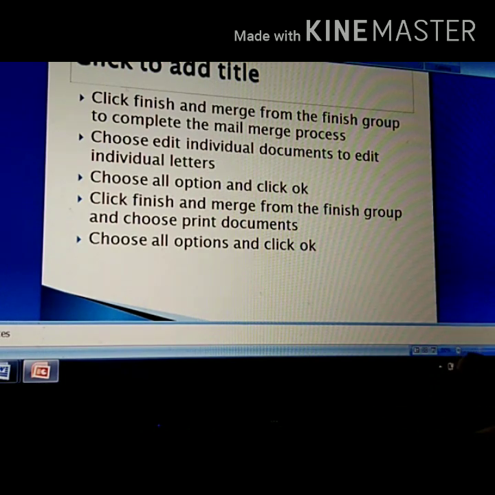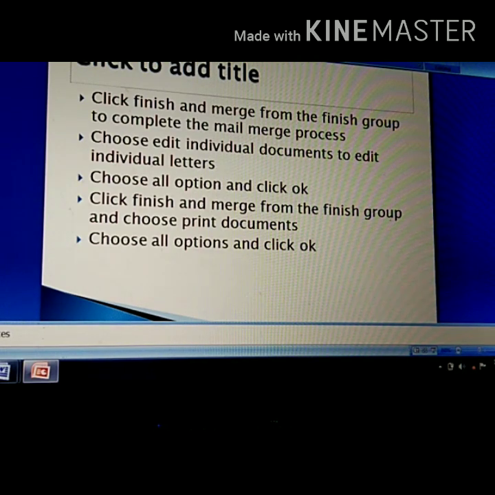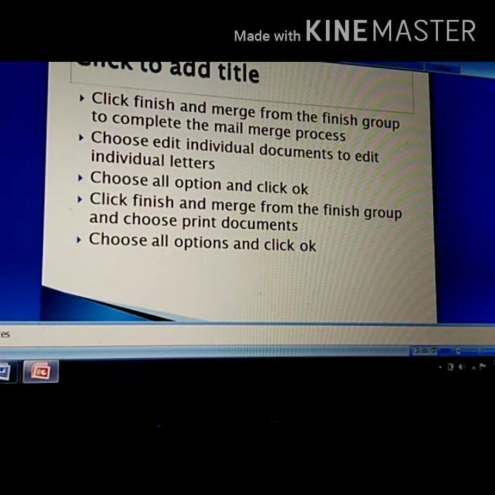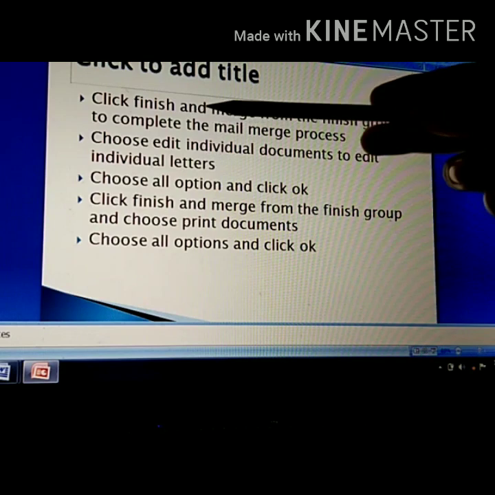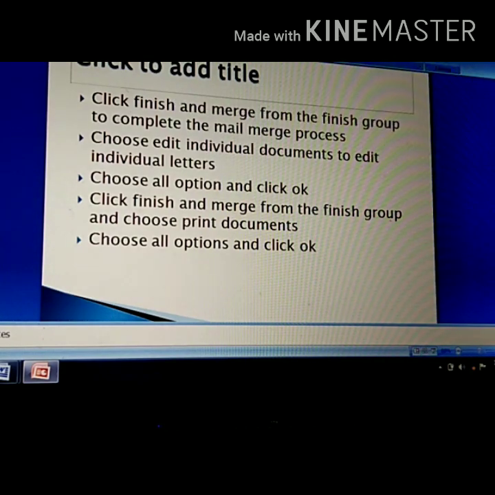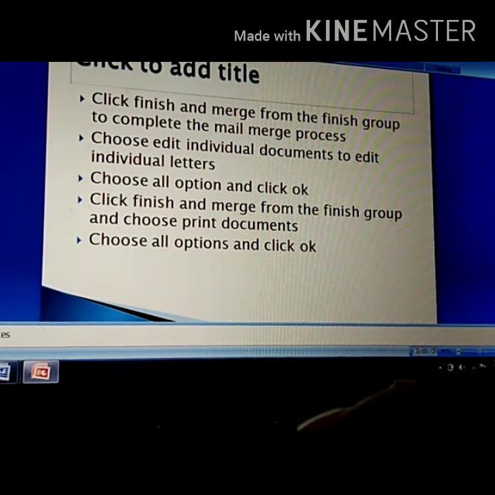Children, look, in the exam, if you know the process, then you can write it in your own language also. But the most important thing is that the tab selection must be appropriate and the group is appropriate. And in the exam, please write the steps in a proper manner. In the board exam also, and in any school written exam, there also write the steps in a proper manner. Click finish and merge from the finish group. Okay, so in this manner you will write down all the steps in a proper manner.